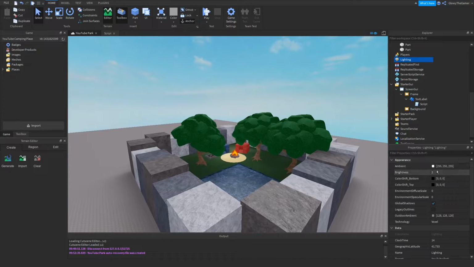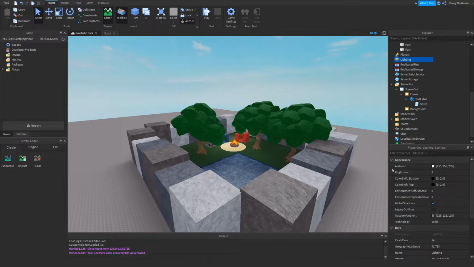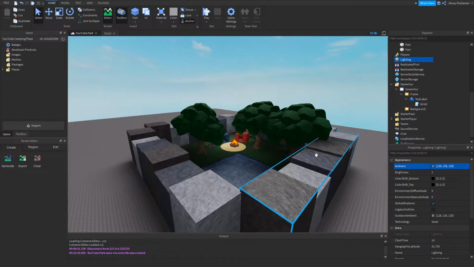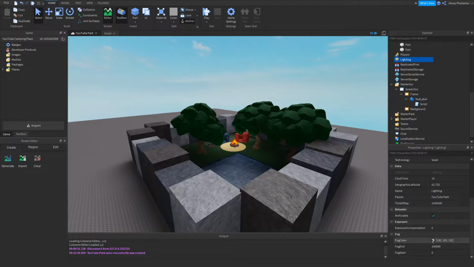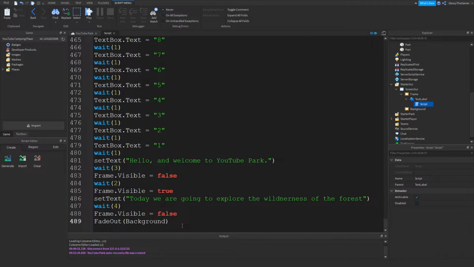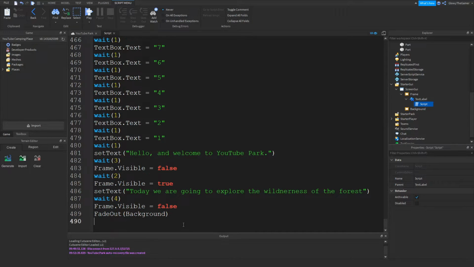Of course, adjust the lighting to what you want. I have my brightness set at 2. My ambient around gray. I'm gonna have mine around gray. And then you can change the fog color to whatever you want. Fog end, whatever. But we're gonna have the script control this, so when it fades out, it changes to night. So what we want to do here, we're gonna do local lighting equals